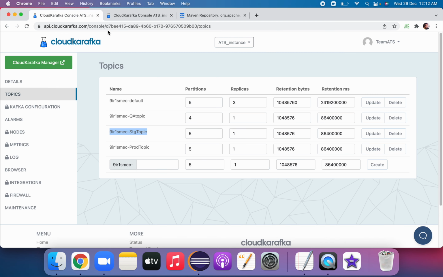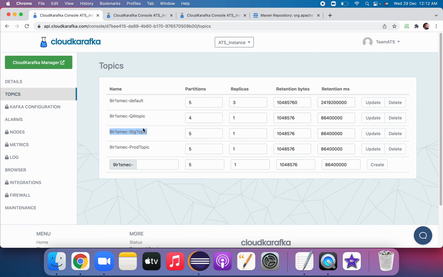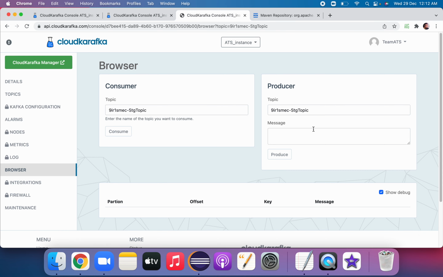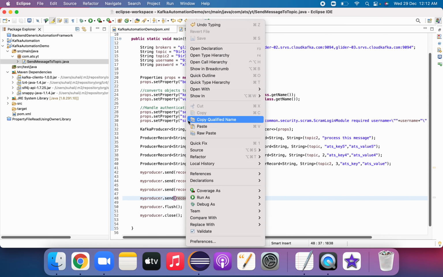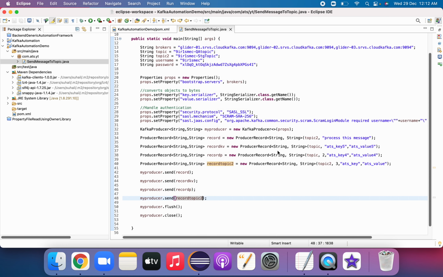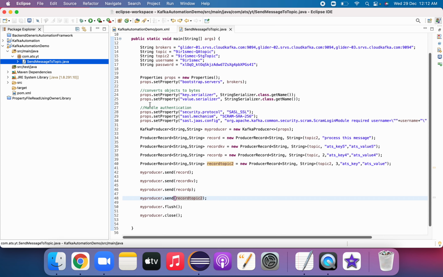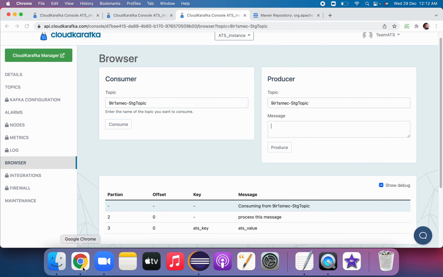We go here, open a new tab, and whatever new topic you are publishing, let me keep a watch on it as well. Click on consume. Now let me rerun this code. When the execution completes, you should see the message in the other topic as well.